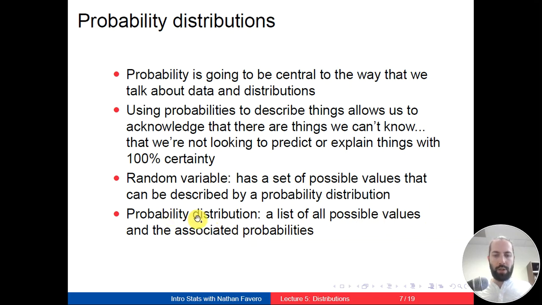A probability distribution, if we want to give a more formal definition, is a list of all possible values and the associated probabilities of experiencing those values. So in the ER example that we went through in the previous video, we saw that there are lots of different possible values for how many people could come into the ER tomorrow. It might be 90, it might be 91, it might be 100, but we can give different probabilities to those different values to say how likely we think they are to occur. That's a probability distribution. So here's your more formal definition. We've already been using the term, but here's a formal definition.